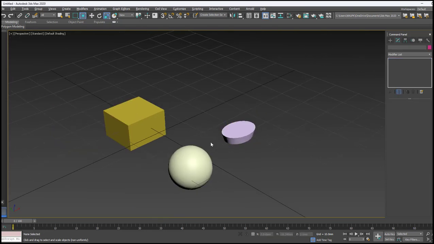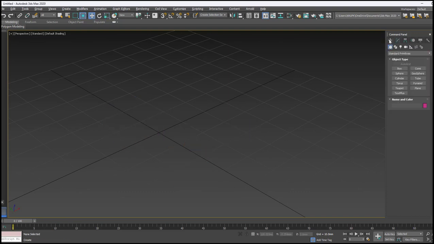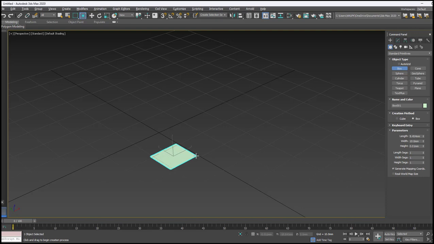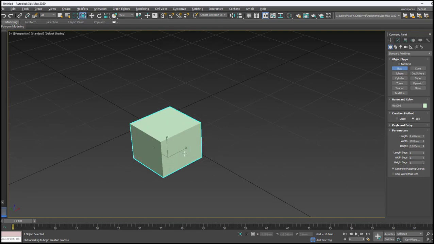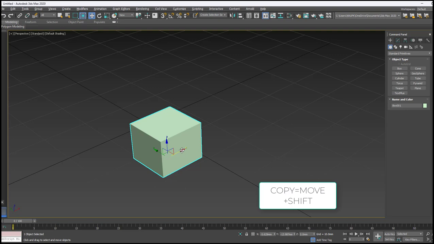Next one is copy. For that I select all by pressing Ctrl A and then delete. I draw a number of objects, and if I want to copy, then keep your move command active, and along with the move command you have to press Shift to get the copy. Then here we have to click the particular axis in which direction you are going to copy.